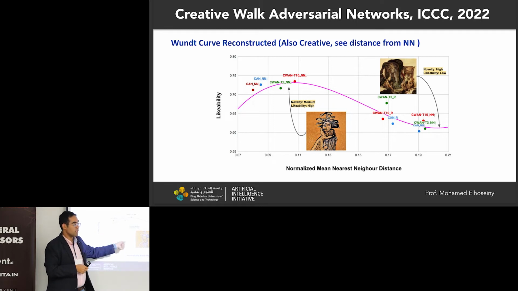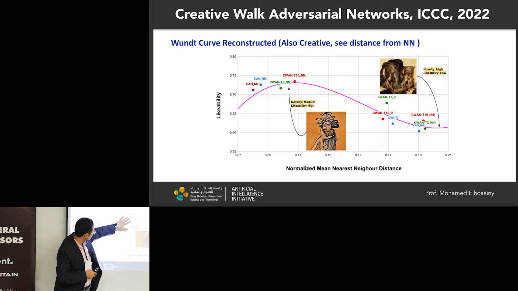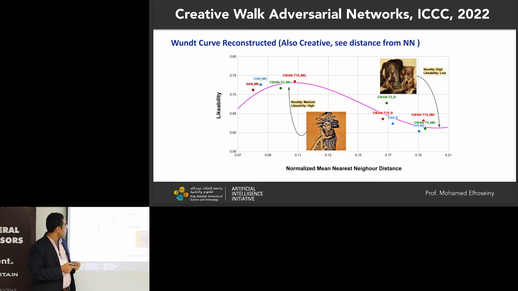And we have the ratings, so we can depict on the y-axis how much people like this. And this will show that the model that we propose tries to produce generations that deviate from the training set, and hopefully have better likability. And if you look at this, it actually depicts the curve that we talked about earlier, right? The desirable influence, right?